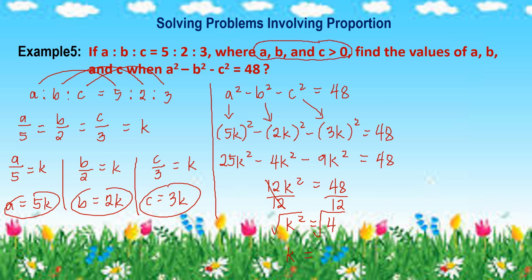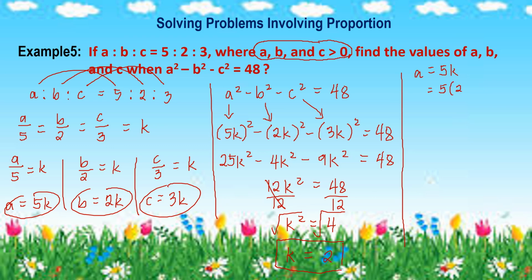They must be positive numbers. Therefore, k here is equal to 2. We disregard negative 2. Now that we have a value for k, we can substitute that in solving for a, b, and c. Since a is equal to 5k,